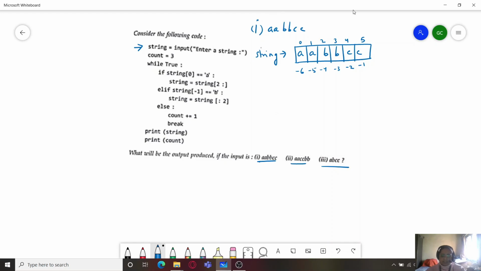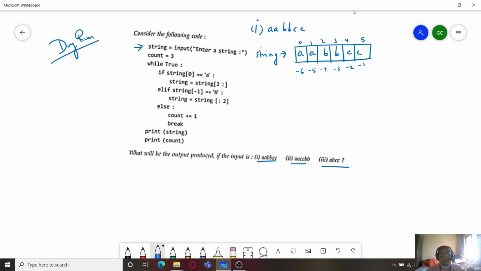Whenever you get such a question, the very first step you should follow is to quickly represent it in the form of an array of characters and to mark its positive as well as negative indices. This would make things a lot easier when you actually start dry running the question. For such output questions we need to dry run the code which is already provided to us, that is, we have to simulate the working of a processor.